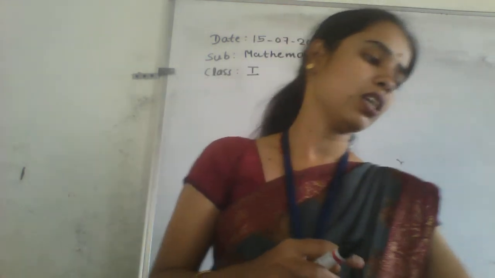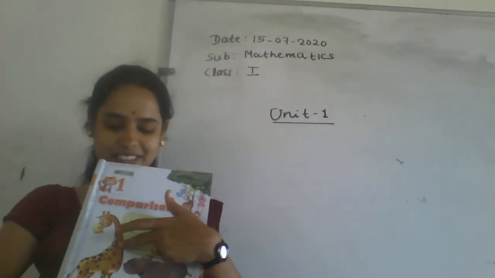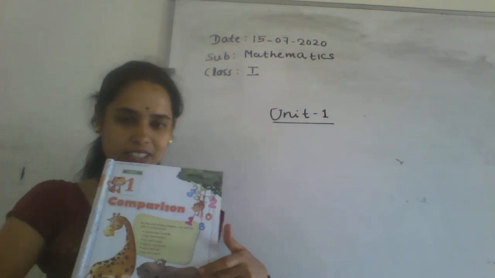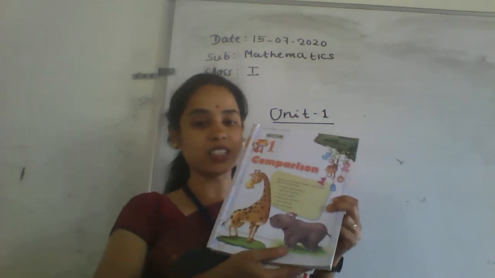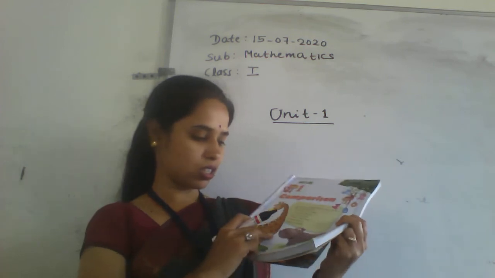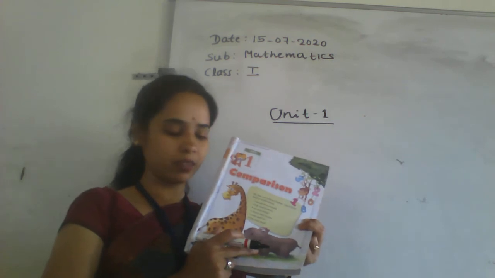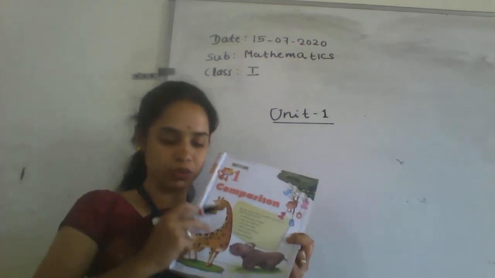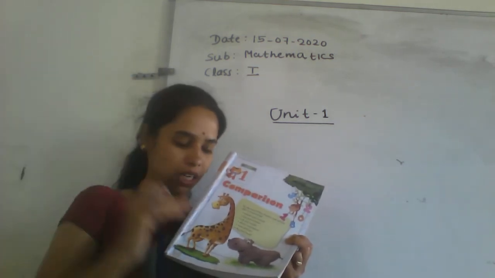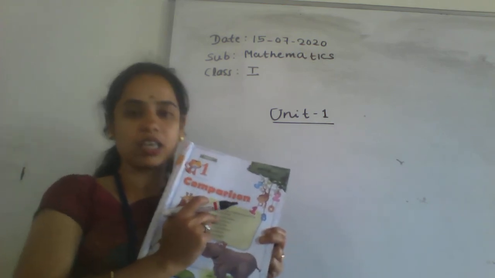First one is, take out your textbook, look at it. It's a giraffe, it's an elephant. Then, which is the highest here? Which is the tall one here? This one. Which is a, sorry, this one hippopotamus. This is a small one, right? If we compare these two animals, which is bigger? This one, height I am telling, this one is small, right? Now we will start with these comparisons.